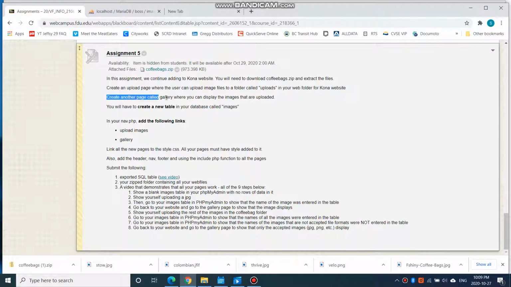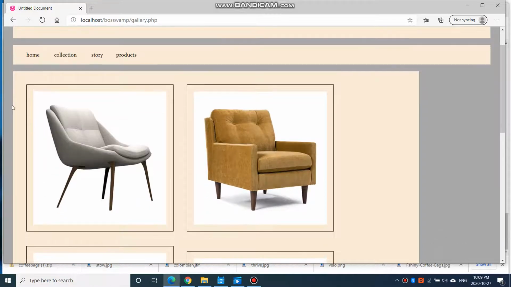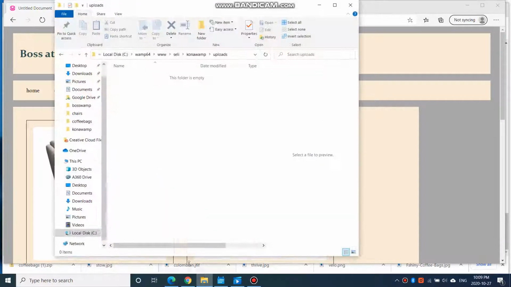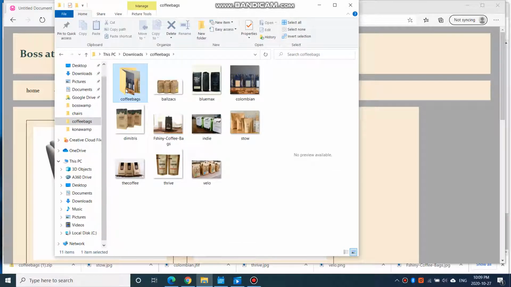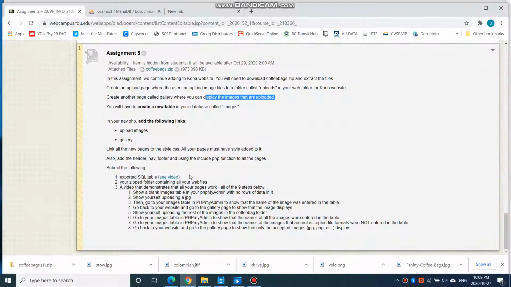Then you're going to create another page called Gallery where you can display the images that are uploaded. So again, this is my Boss at Home website. In your assignment, you would be showing the images of these coffee bags that do get added. It won't be all of them because some of them are not the accepted file format. All right, so quite simple, but make sure that